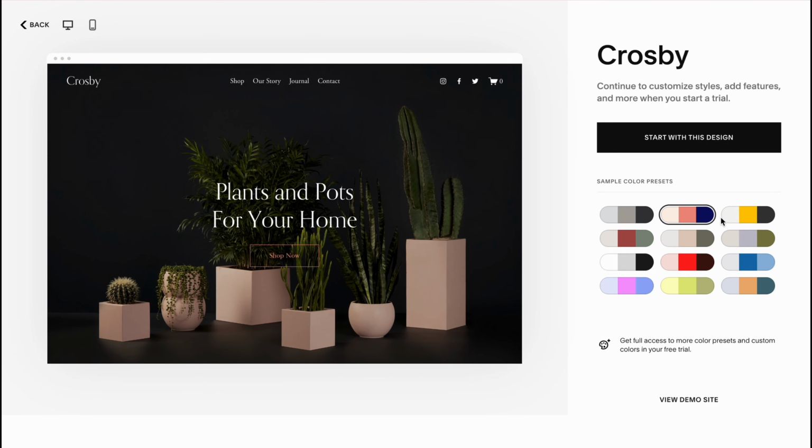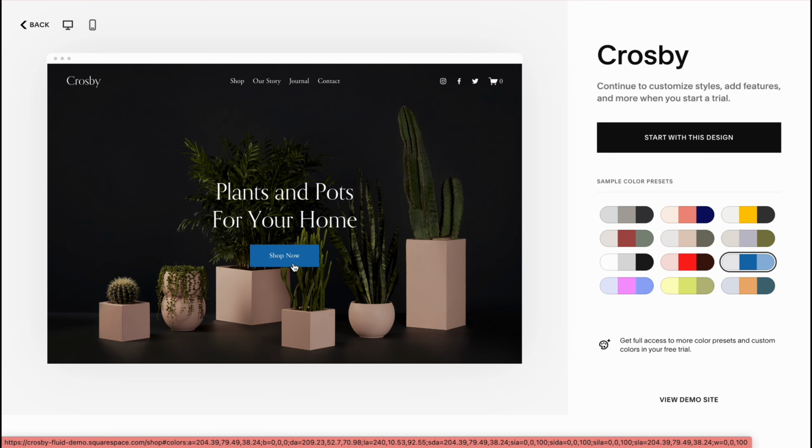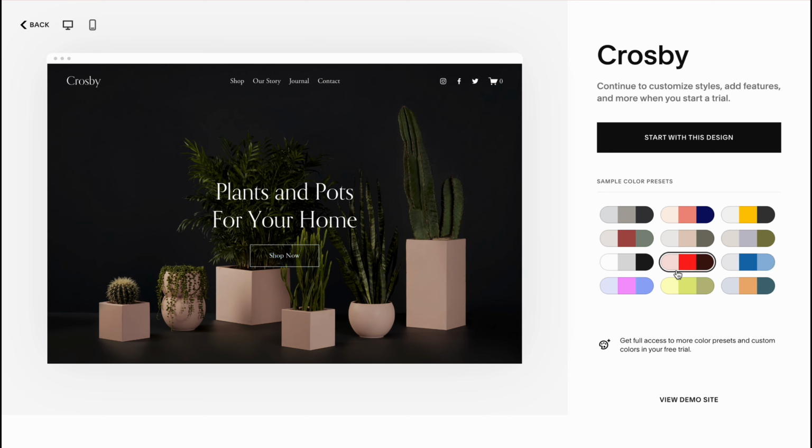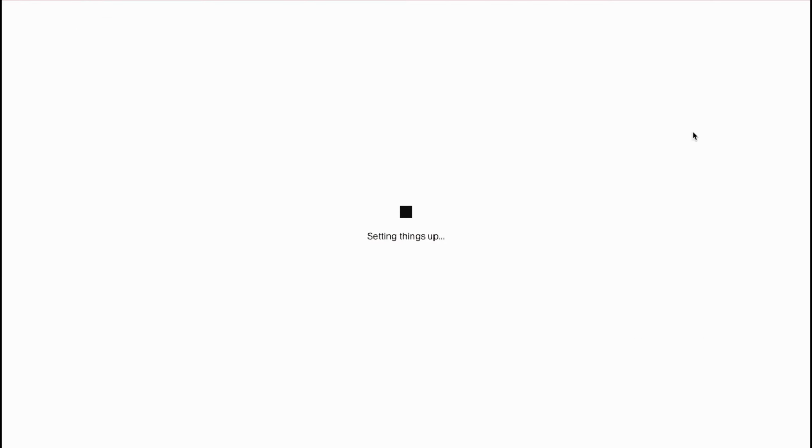By the way, also we can choose a color palette for our website. We can try to click and to see if something changes. You can see that the color of these buttons changes, and also we can change font color, the background color, and so on. So let's say that I want to use this one here. Click on start with this design, and after that in a few seconds we'll come to the next page